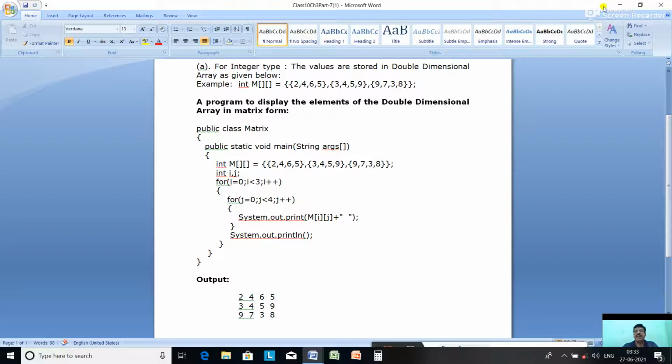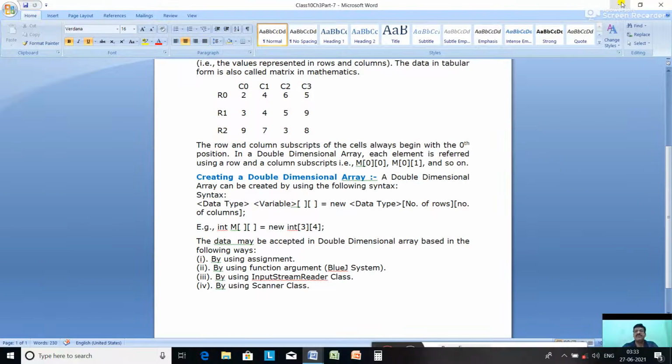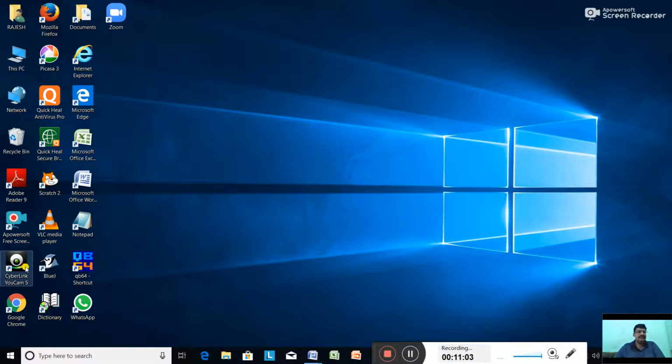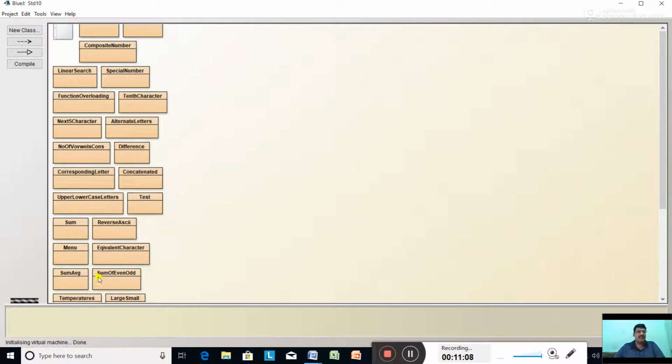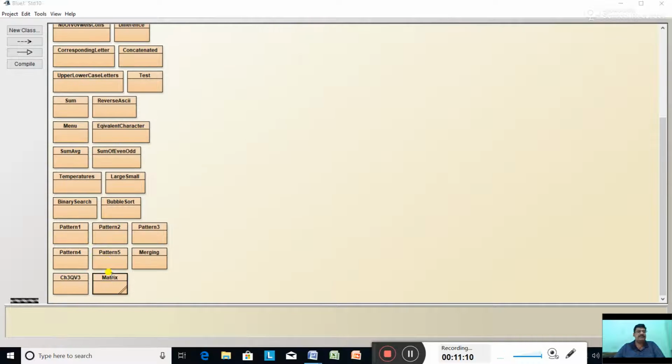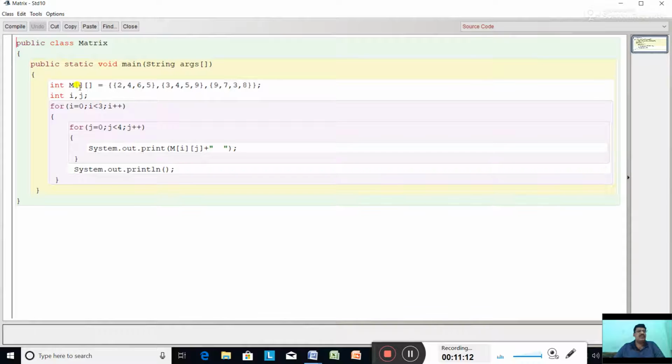So let us see this program, how the output comes. Open the program. Here is the program. Int m 2465 first row, 3459 second row, 9738 third row. The same loop, for i equal to 0, i less than 3.